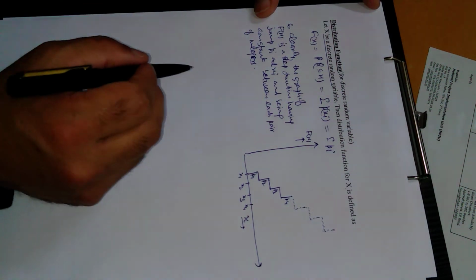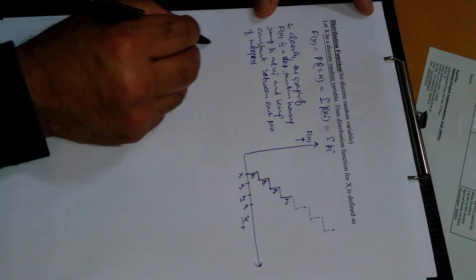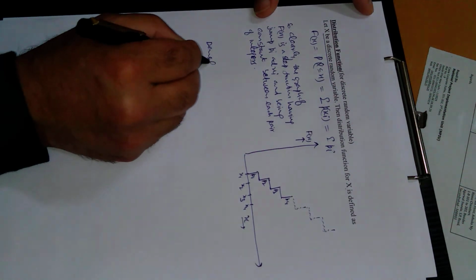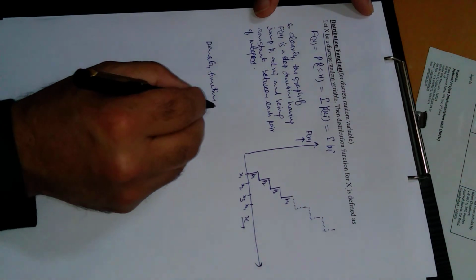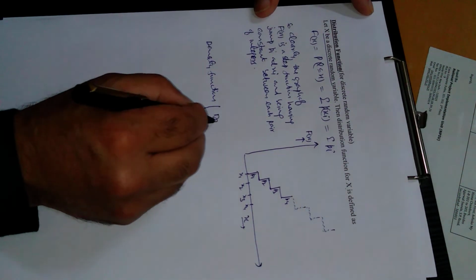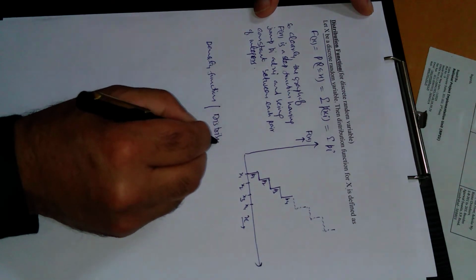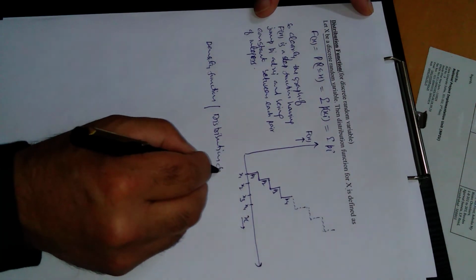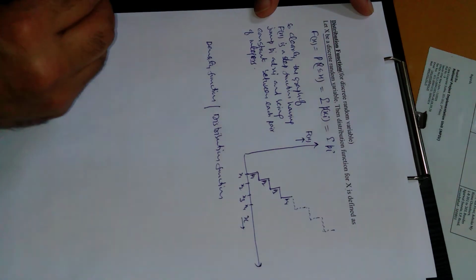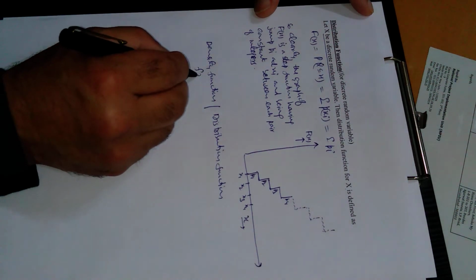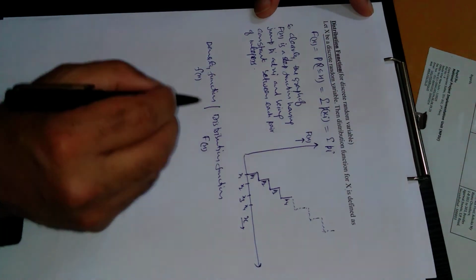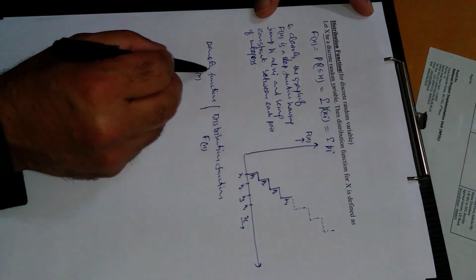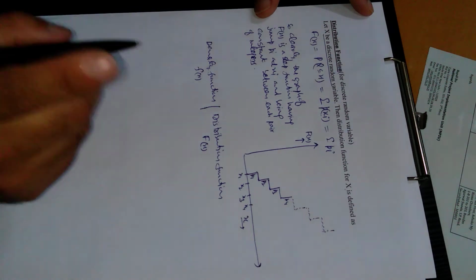All right, so what is the difference between these? One is the density function, which we have done for a discrete random variable, and the next is the distribution function for a discrete random variable. The density function is always denoted by small f and the distribution function is always denoted by capital F. We have done the density function and distribution function for a discrete random variable.